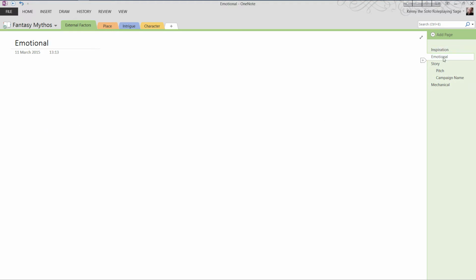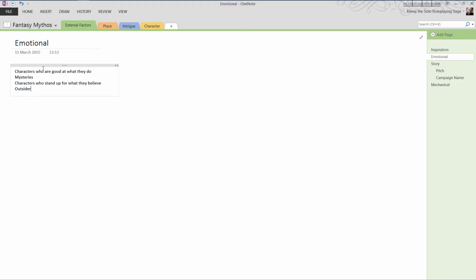The emotional aspects, what I want from the role playing. These are the main wants I want from the role playing. I want characters who are good at what they do. Again, mysteries again. Characters who stand up for what they believe.